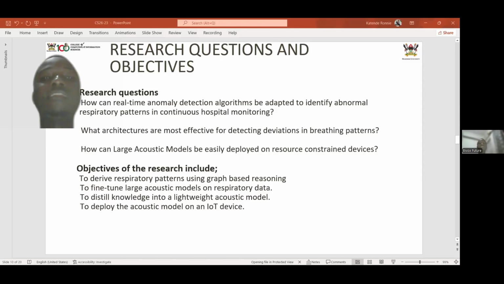We know that hospitals have limited resources; they might not have powerful GPUs or continuous cloud connectivity. So the solution may be training those high-capacity models in the cloud, then compressing, distilling, and quantizing them. We have those objectives, like to derive respiratory patterns using MidTerm,